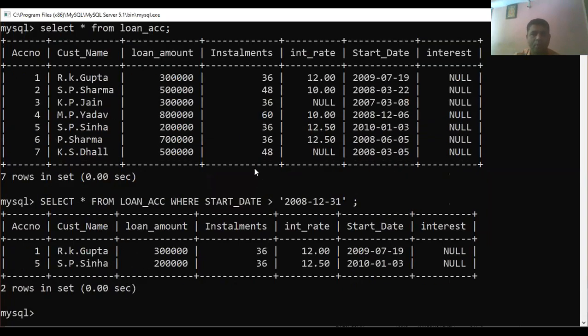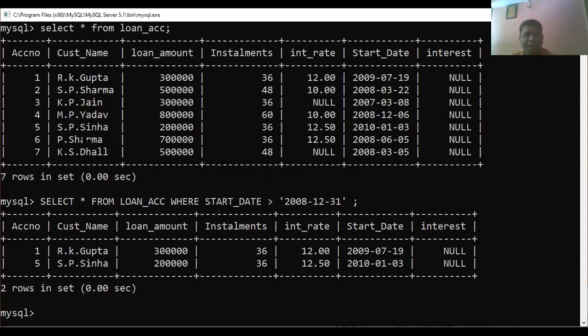So if you observe according to the criteria and the above table, you can come to know very easily whose start date is greater than 2008. So this one, RK Gupta, is printed. This one is 2008, that is not possible. 2007, that is also not possible as per the condition. It's smaller than, and this is greater as per the condition. It's smaller again, and this is greater.